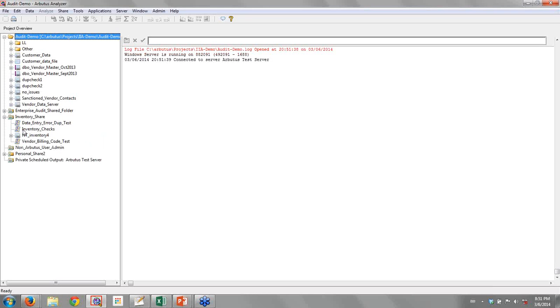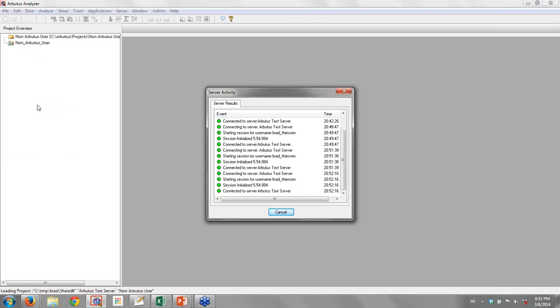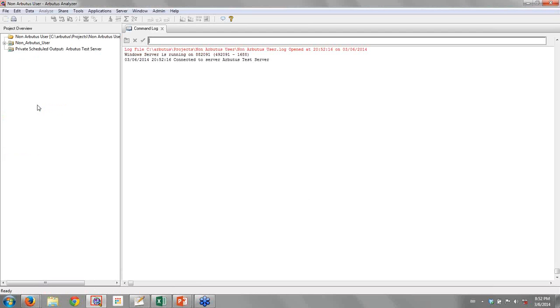Let's take an example here. If I go grab that same file here, here is the inventory test. I'm going to drag this to a different shared folder called non-Arbutus user ones. I've given them some names here so you can intuitively see what's happening. And I have another project here called non-Arbutus users. Again, I'm showing you this to make it clear what is happening. So just by dragging it into that shared folder,